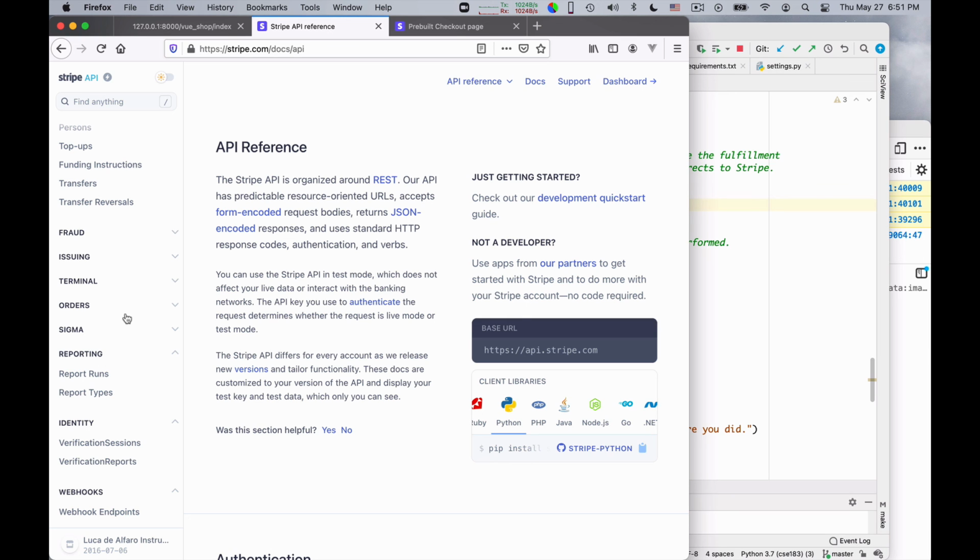For instance, if you need to refund a customer because, for instance, they changed their mind on the order, Stripe provides you a fairly nice web interface in which you can go and click on refund the customer. It gives you a very nice dashboard in which you can see how much money is coming in on a regular basis, and the management tools are in general very good.